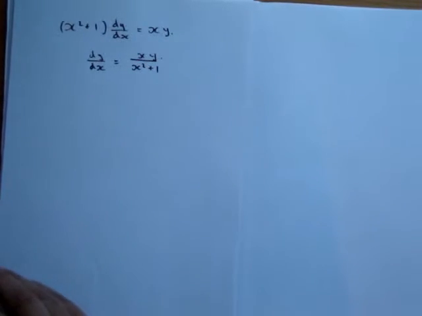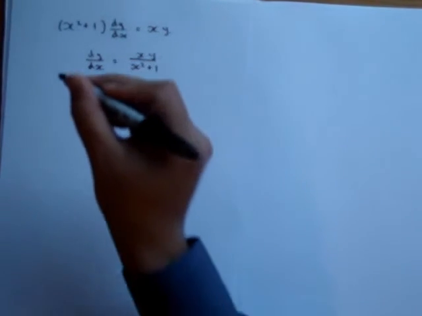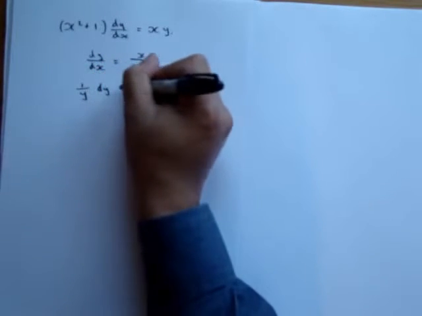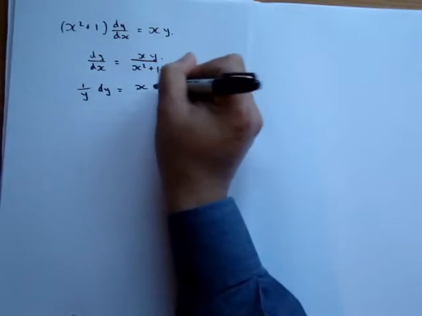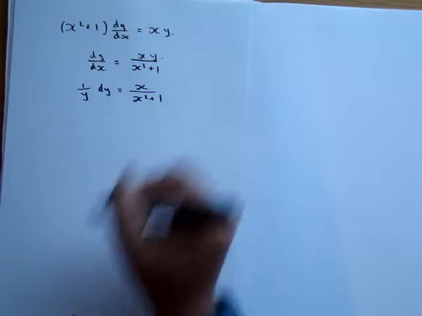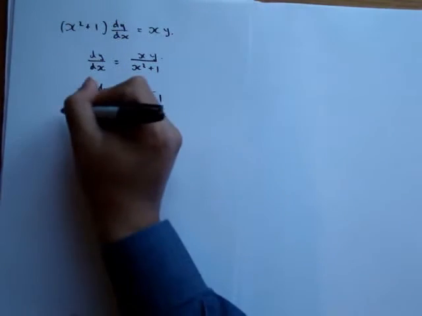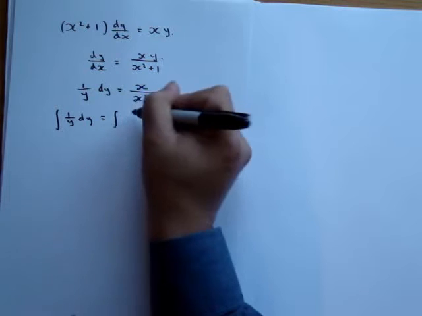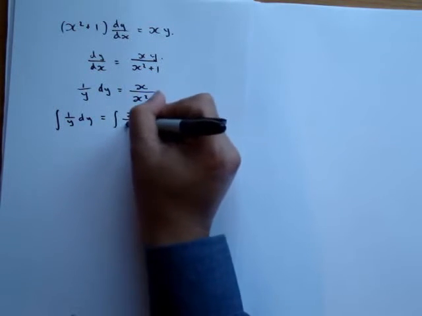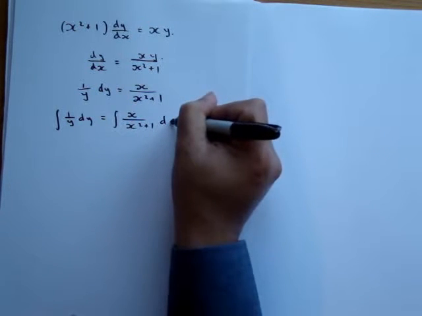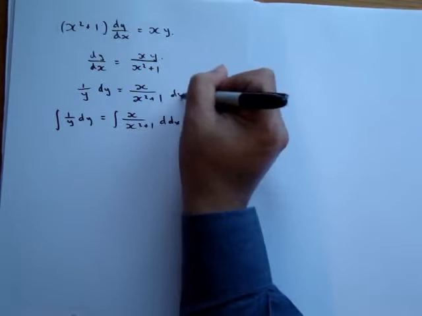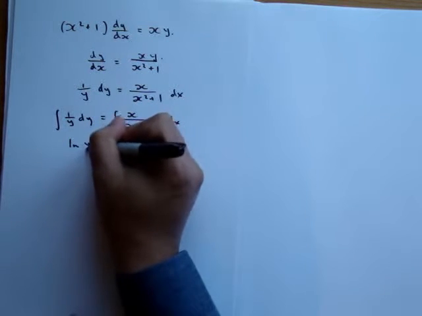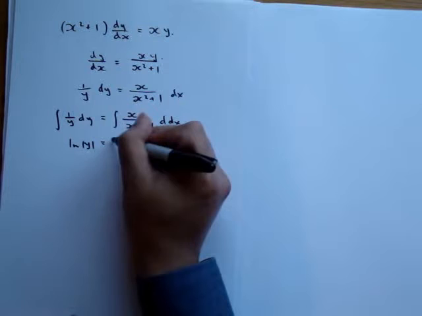So let's bring the y's to one side and leave the x's on the other side. So this becomes 1 over y dy equals, and then we're just left with the x on this side over the x squared plus 1. Now let's integrate on both sides. So that's the integral of 1 over y dy equals the integral of x over x squared plus 1 dx. So when we integrate on this side, we get the natural log of y equals a half